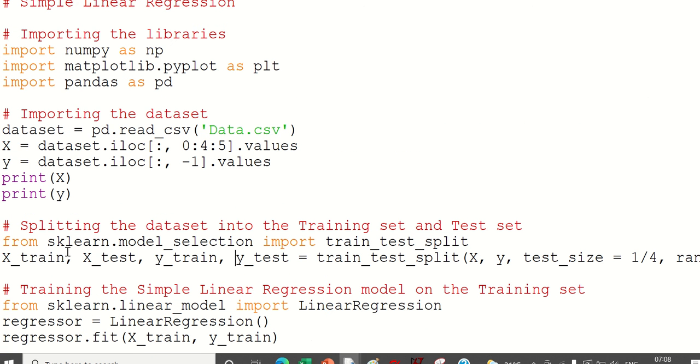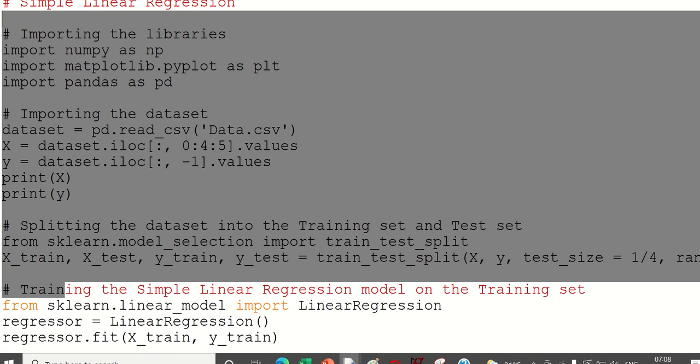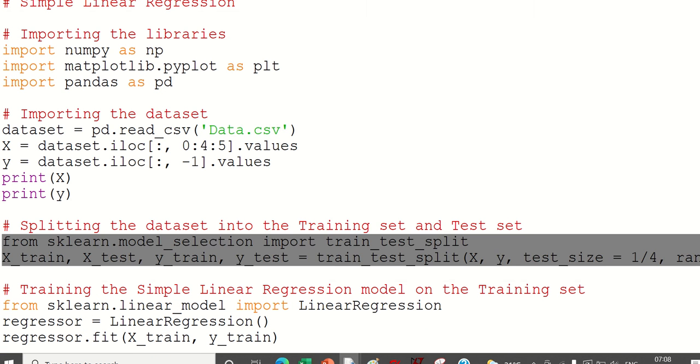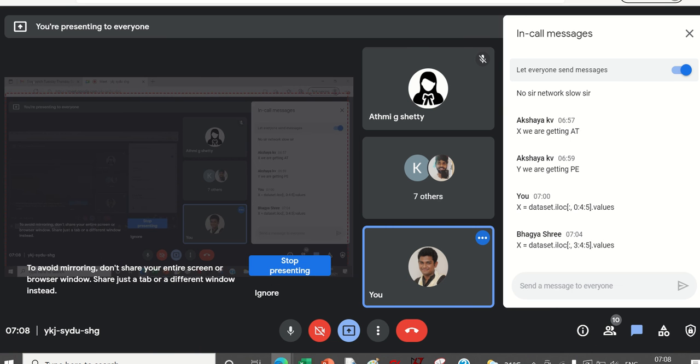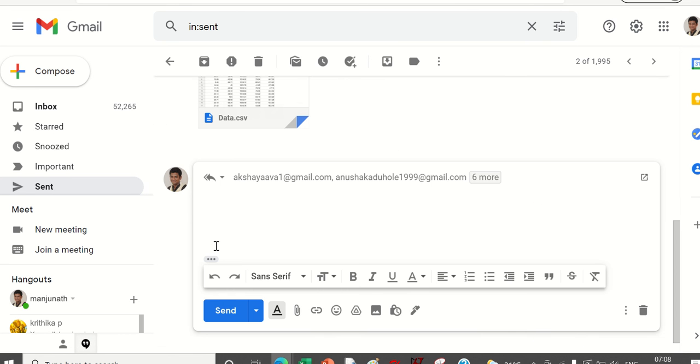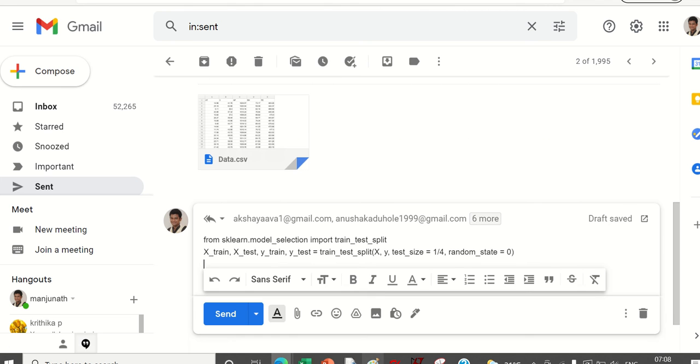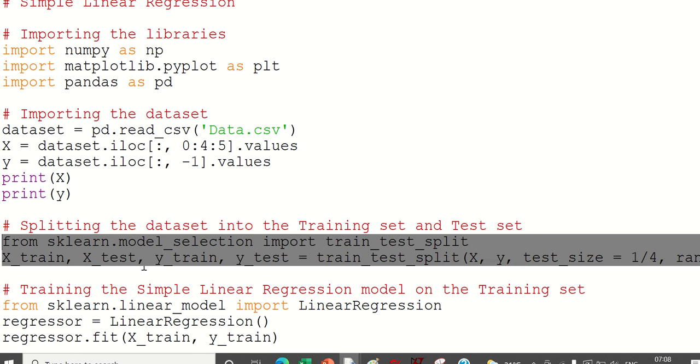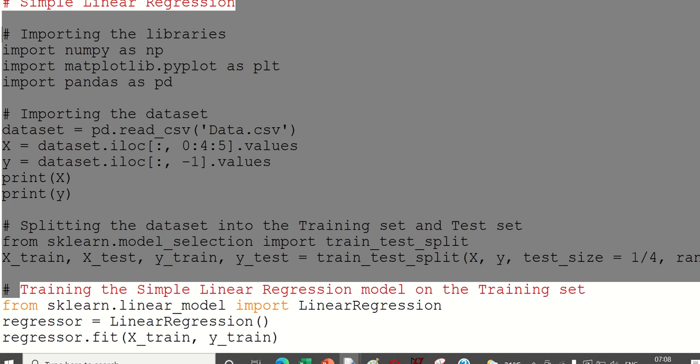So run this complete thing, and tell me what you are seeing in x train, x test, y train, y test. I will send it in the chat only. Okay, I'll share the full code so that you don't have to worry much.